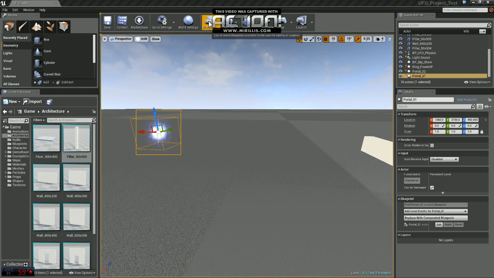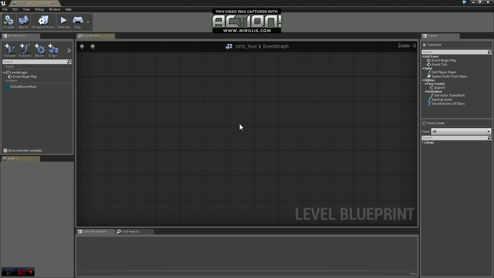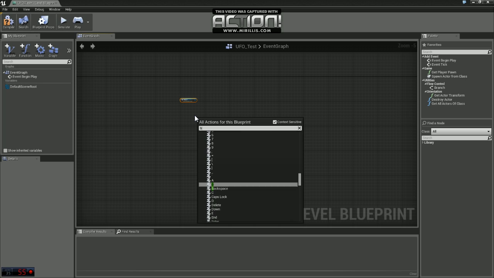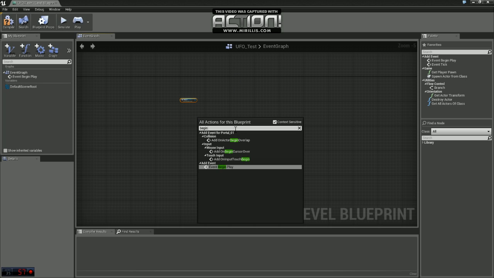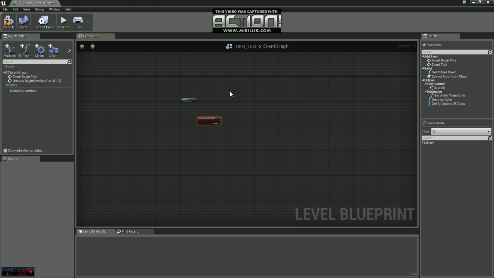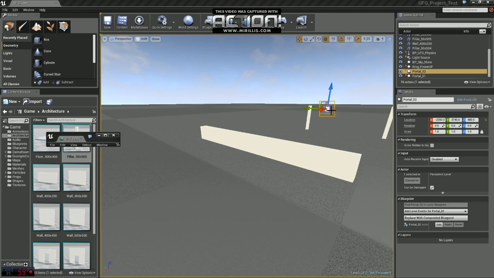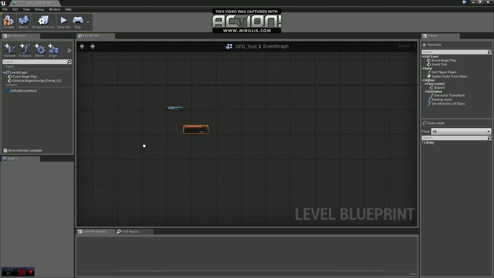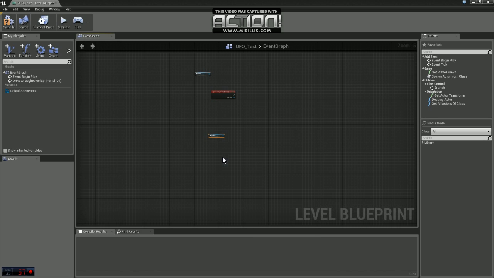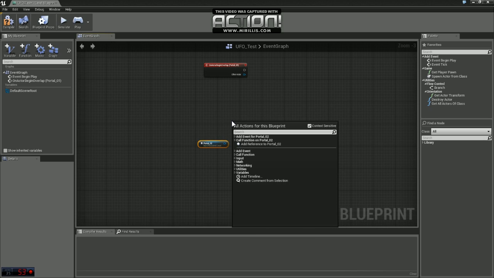So let's get started here. I have Portal 1 selected. I'm just going to go into my level blueprint, and I'm going to create a reference for that. And I'm also going to choose add on actor begin overlap. I'm going to hop back into the level, and I'm going to select Portal 2. And I'm going to do the same thing here in our blueprint, add a reference for Portal 2, and add